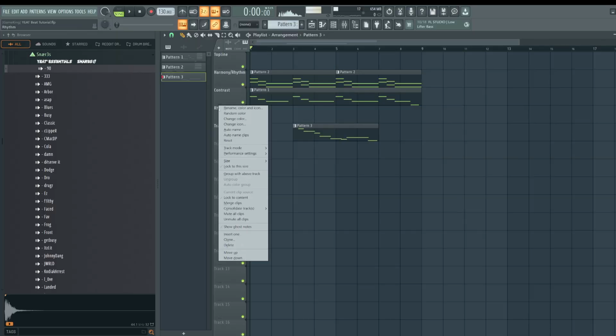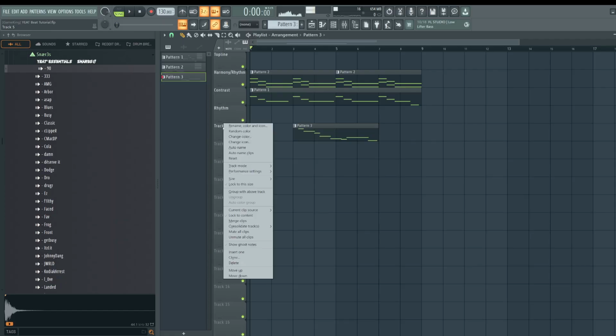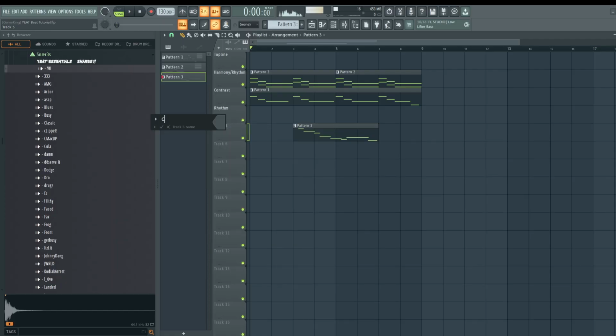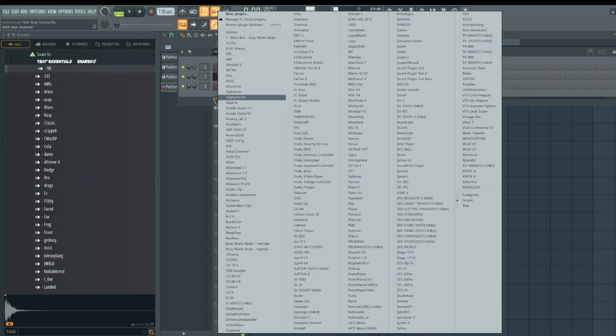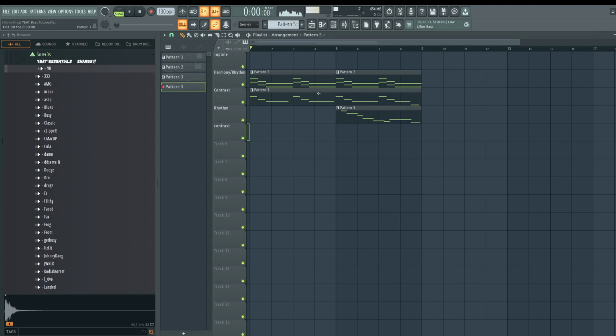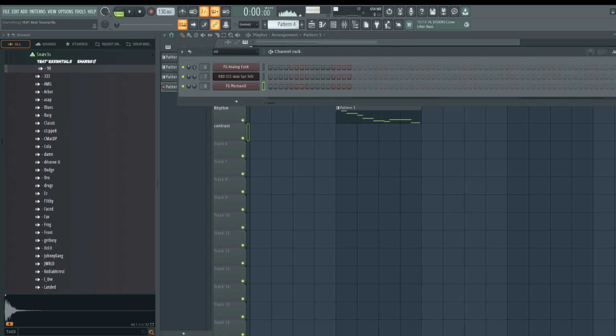I'll consider that a contrast layer in this case, not a top line, only because it's playing chord information and it's not like the dominant sound. It's more of a reactive sound. Let's see what else we can find here as far as a dominant sound. If I can't think of anything, let's just move to drums because we don't want to overly think because that will easily mess up you guys' ideas.